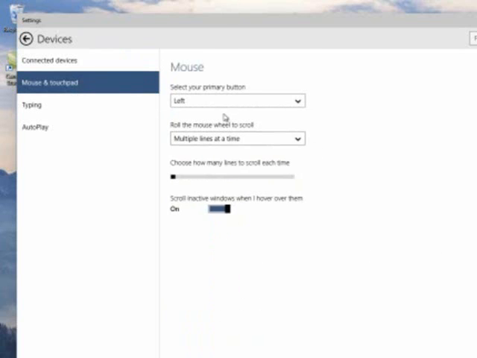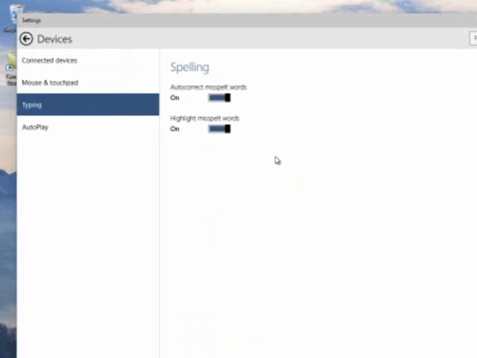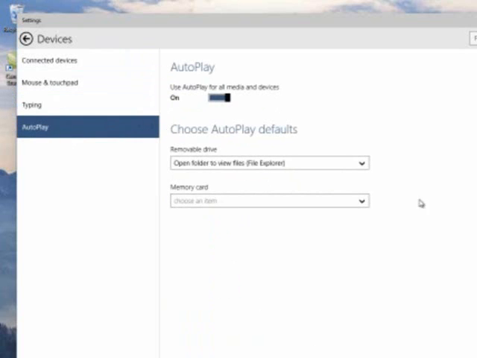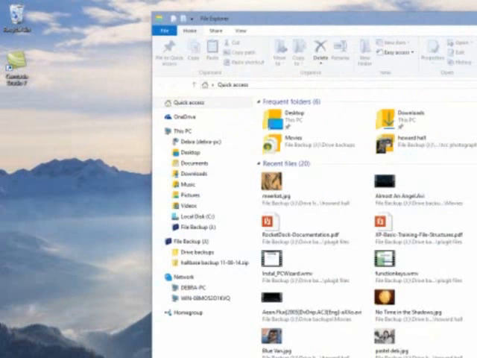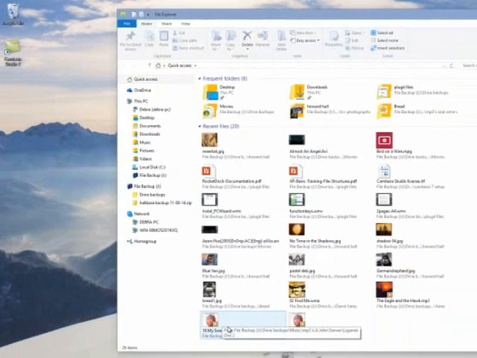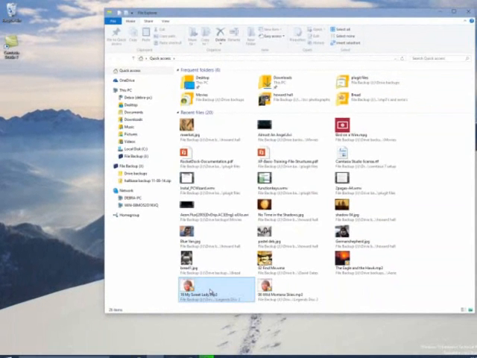Mouse and touchpad, you can configure it to left and right mouse, typing, autocorrect spelling mistakes, and also highlight misspelled words, autoplay, leave that on, media and other services. Now I did find, and whether I've mentioned this or not I'm not sure, but I did find that when I was trying to find media and audio etc. to see if it actually works, it started off, and I'll just click on this one,